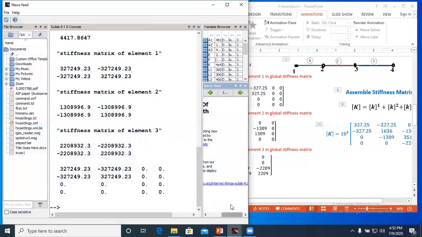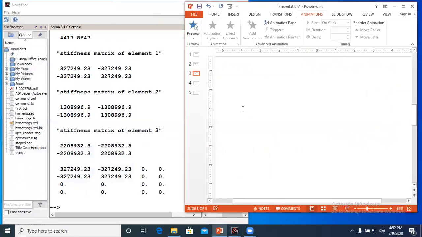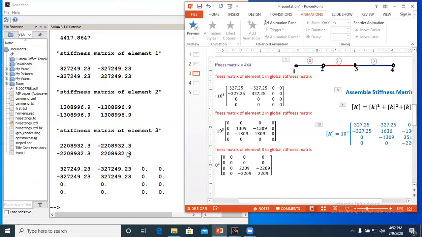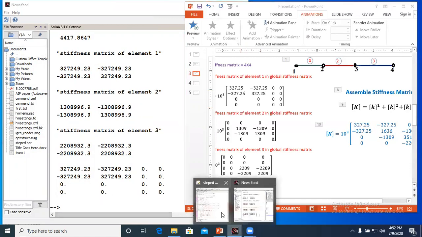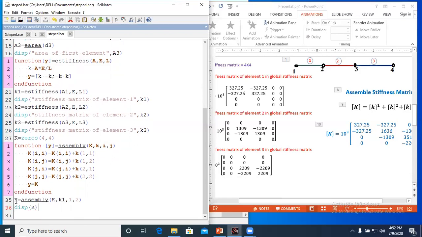Now you check this matrix which we have written. It is exactly the same as this one, with the remaining terms 0. Next, again I will call this function. This time while calling this function, this k I am going to transfer here, and I am going to replace this by k2, and in place of i and j I am going to replace 2 and 3. Okay, how I can do it, I will show you.